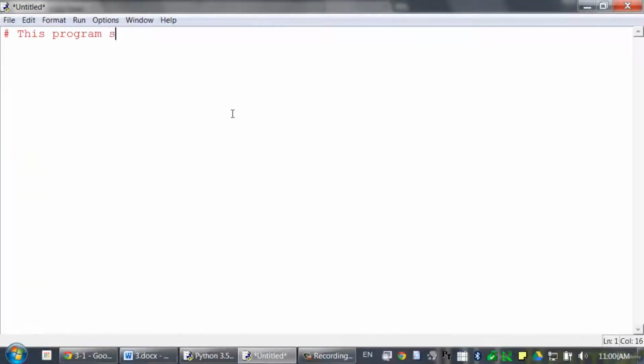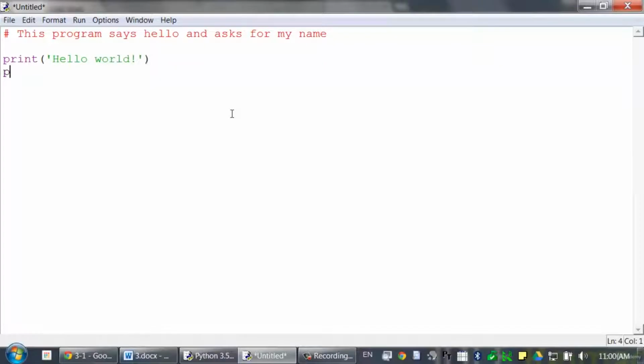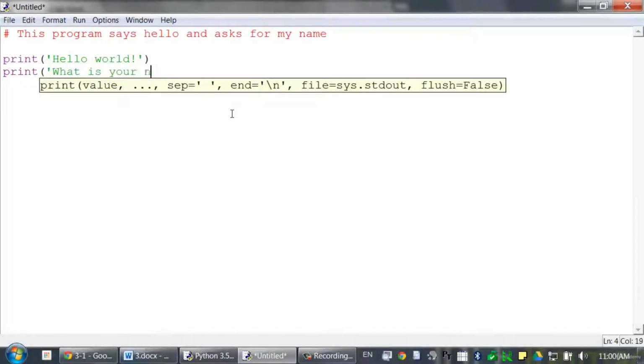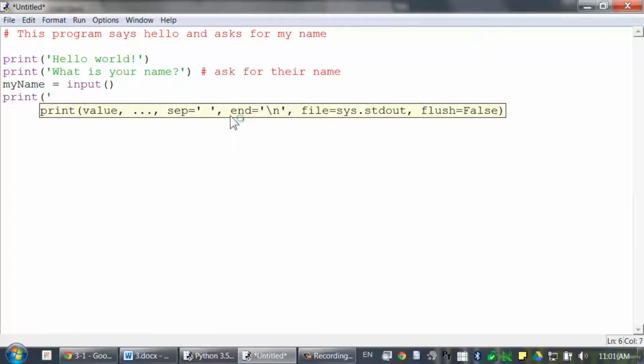# This program says hello and asks for my name. Have a blank line, followed by print('Hello world!'), print('What is your name?'), # ask for their name, myName = input(), print('It's good to meet you, ' + myName)